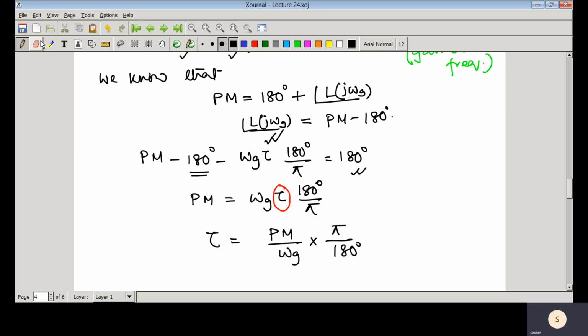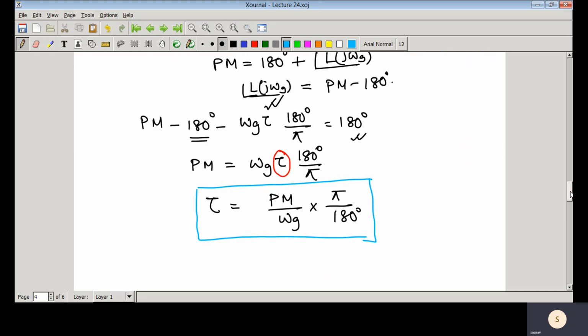So that means if we introduce this much of tau, then that system would be on the verge of instability, and this is that range. For a particular closed loop system, if we know that it has that much of phase margin, and if we know that this is that gain crossover frequency, then from here we can estimate how much delay can be tolerated in the closed loop system without hampering that stability.